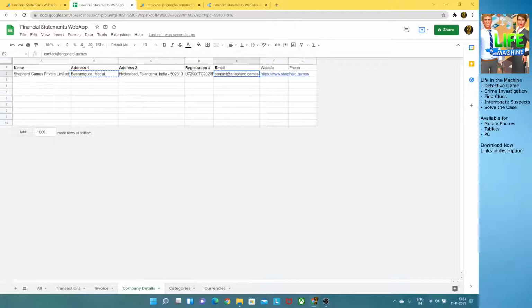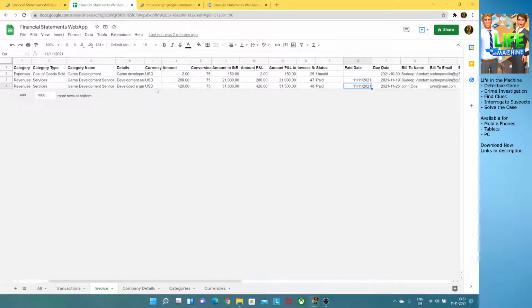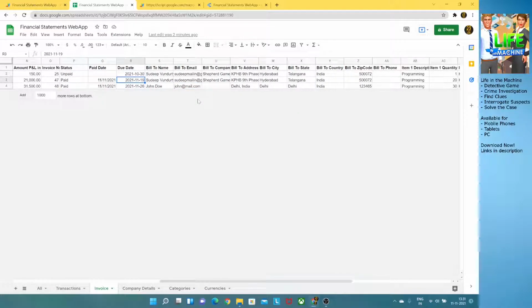And one more thing, for the invoice, you can also create a custom email trigger, where based on the email ID you provided for the client, it will automatically trigger the email as soon as you generate the invoice. You can also send a follow-up reminder on the last date of the payment date, right? So we can completely automate the system.